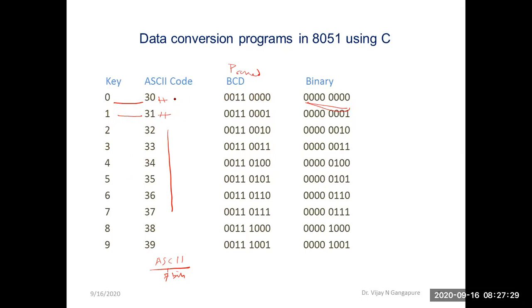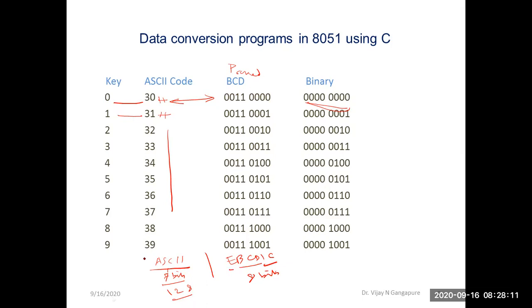So what is our objective? Our objective is to convert these ASCII codes to BCD code, or BCD code to ASCII code. Another code that is used in IBM PCs is EBCD code. EBCD means extended binary coded decimal interchange code, and it is actually 8 bits. 7 bits means I can use 128 unique combinations, so I can represent 128 characters, symbols, numbers, or letters by using ASCII code.